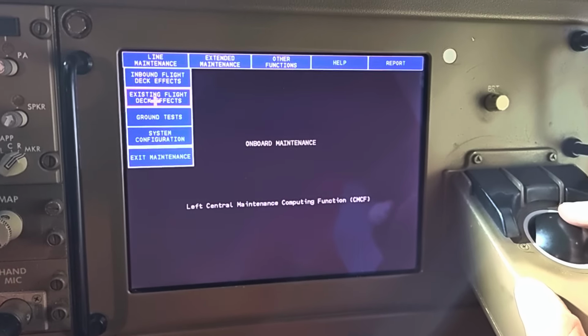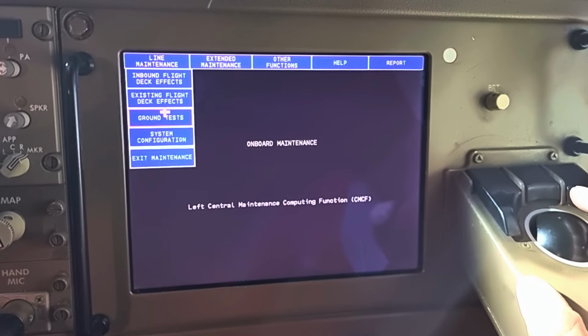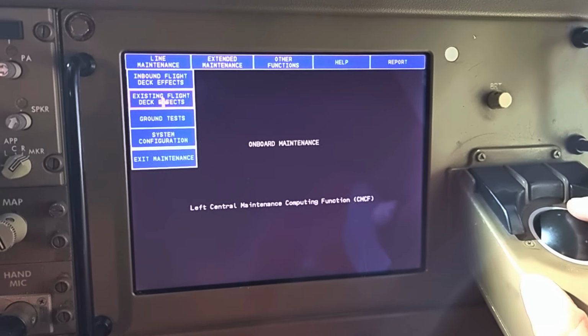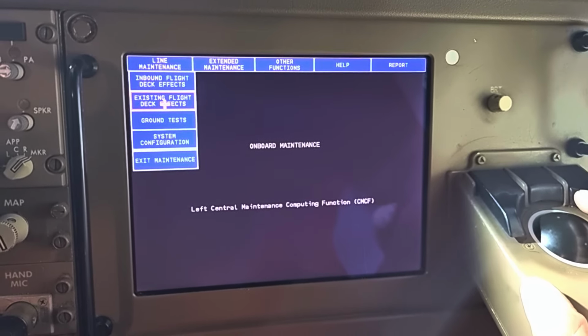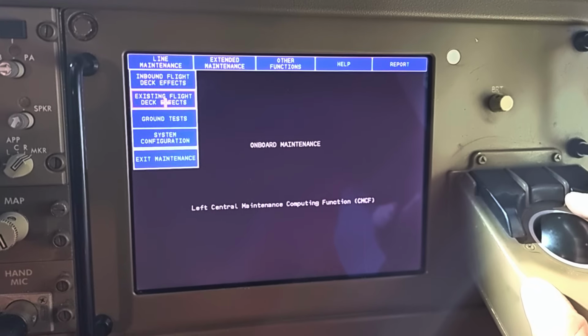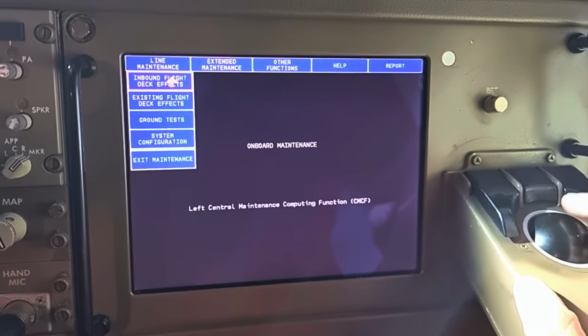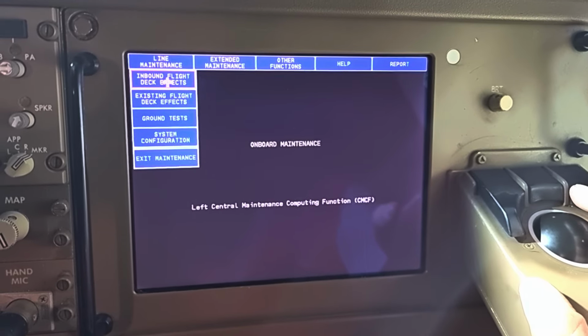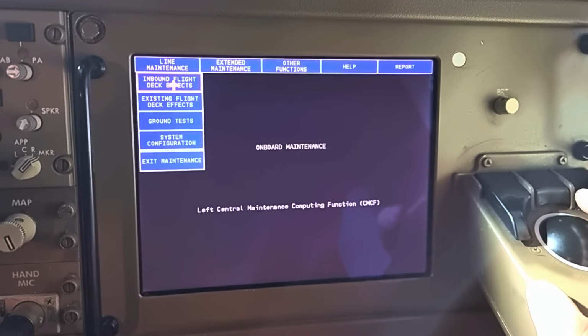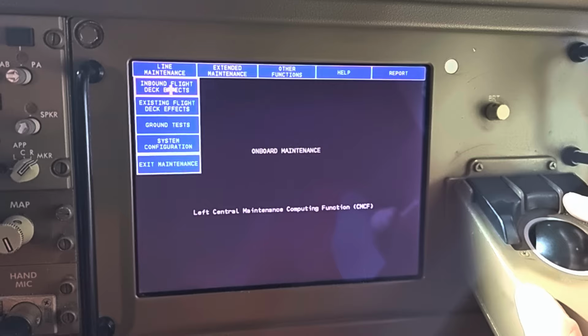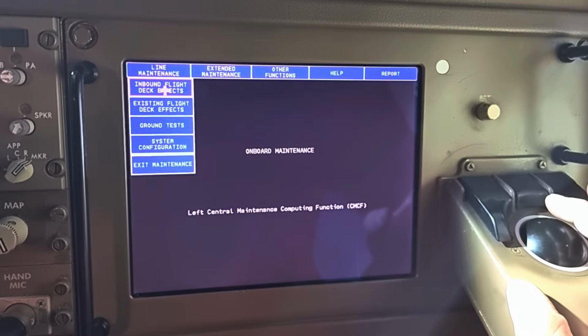So I am not getting it in the existing fault and effect in that case, right? I will be getting in the existing fault and effect whatever faults are there now, in real time. So this is the difference between these two, and they are giving me only the correlated faults which are having the flight deck effects.